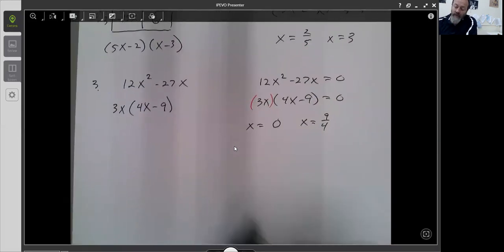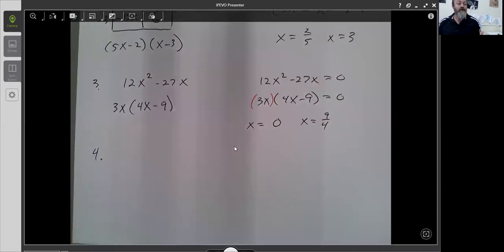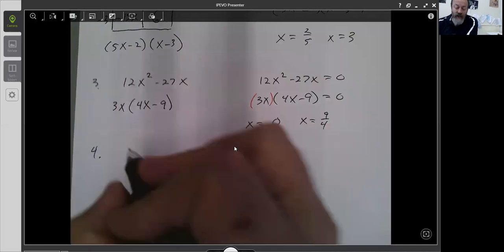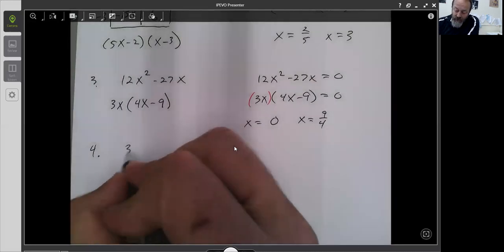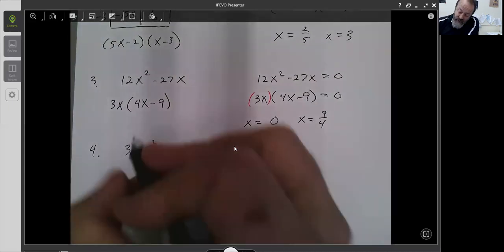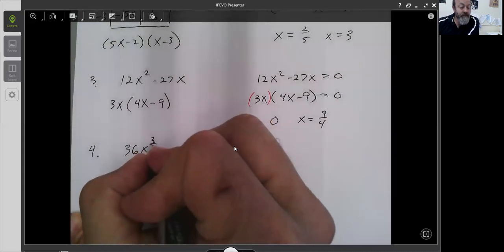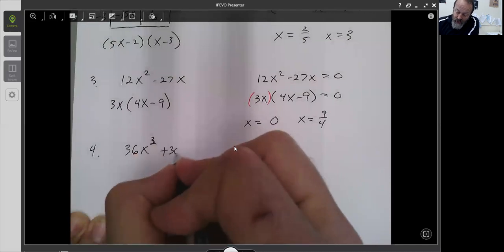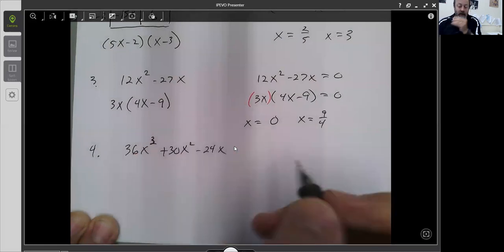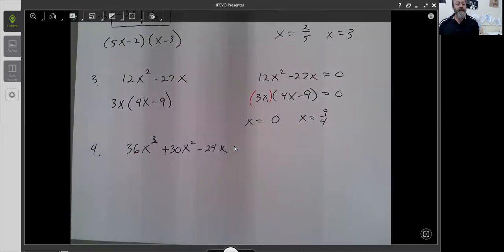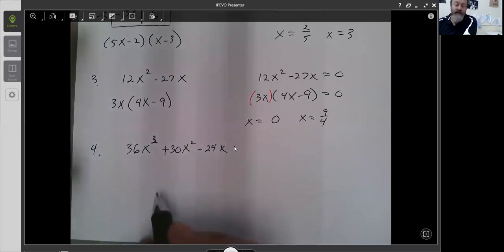And the last question that I wanted to look at with you, which I'm not going to choose to solve this time, I'm just going to go ahead and show you the factors, is a question that sometimes you look at and it may actually look a little bit scary. That's 36x cubed. I've got 30x squared and a minus 24x. Now, I get it. That question looks really big and scary. There's big numbers and all sorts of stuff, but we can cut it down to size very, very quickly